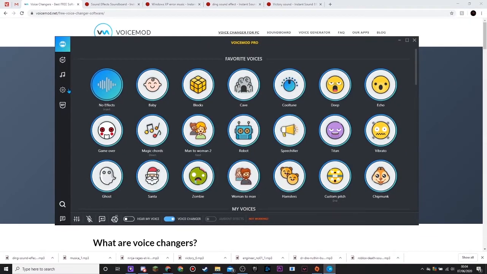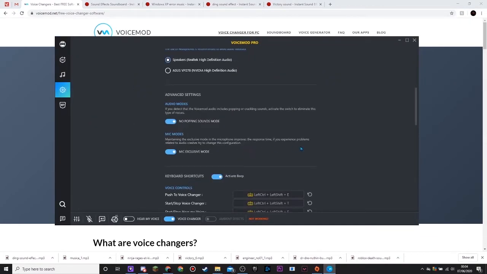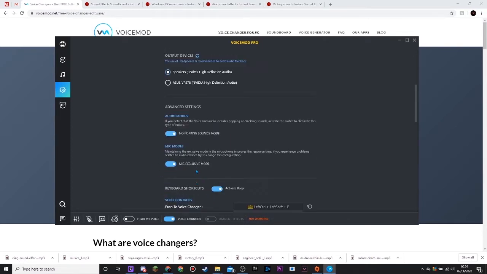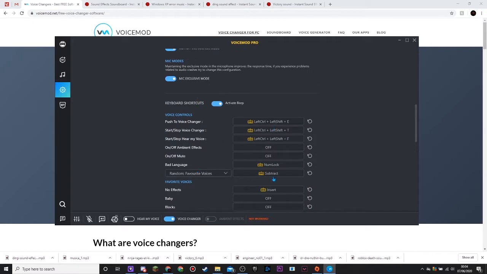So how you actually activate this is you have to go to the input devices, click this little button if your microphone does not come up. Use your microphone, for example, mine is Blue Snow. So I click that microphone and now that's set up. I can then go down here and I can use